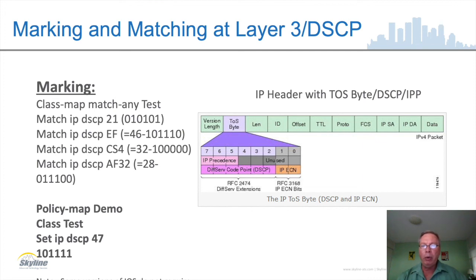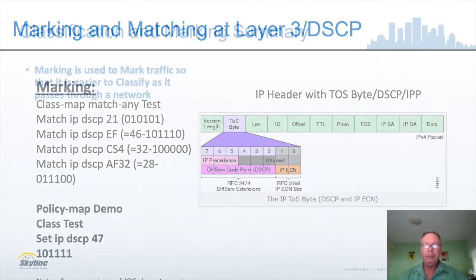And what they've shown is that you can take these values and use them to mark traffic. So they've created a class map called test, and they've referred to it in a policy map and then said, change the marking. Any of those that I see, assuming I apply it on an interface, set it to DSCP 47, which would look like 101111. So remember,